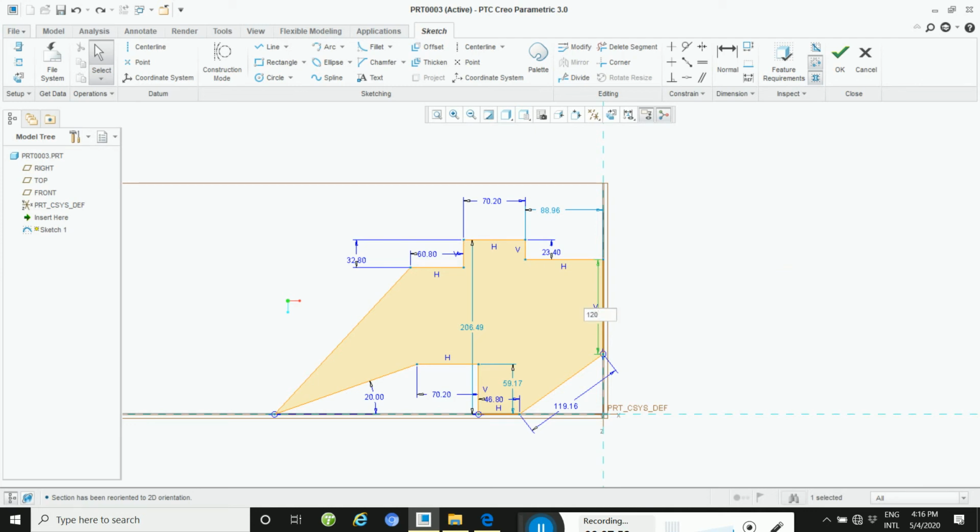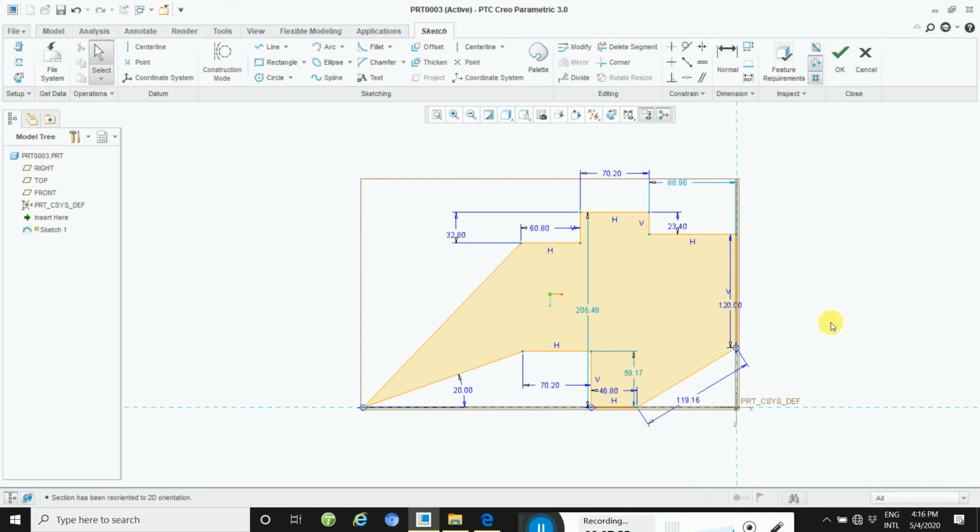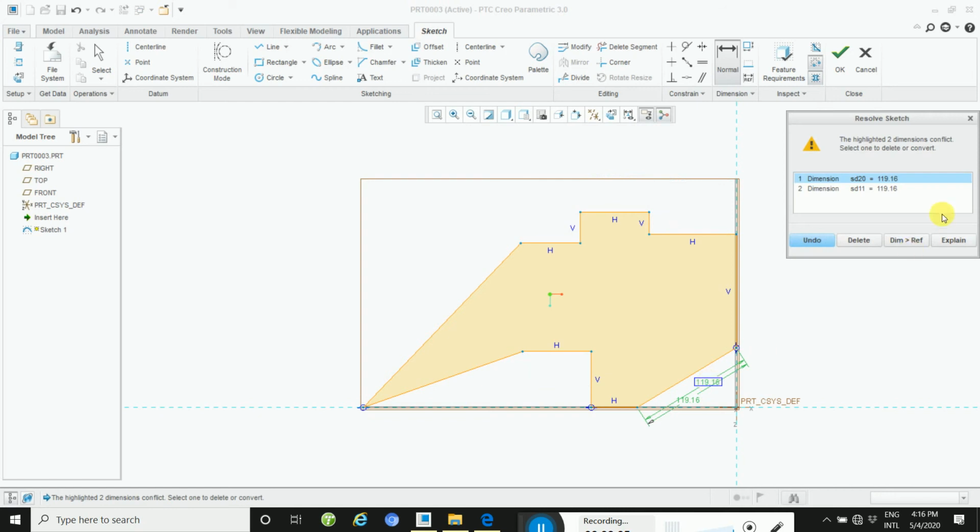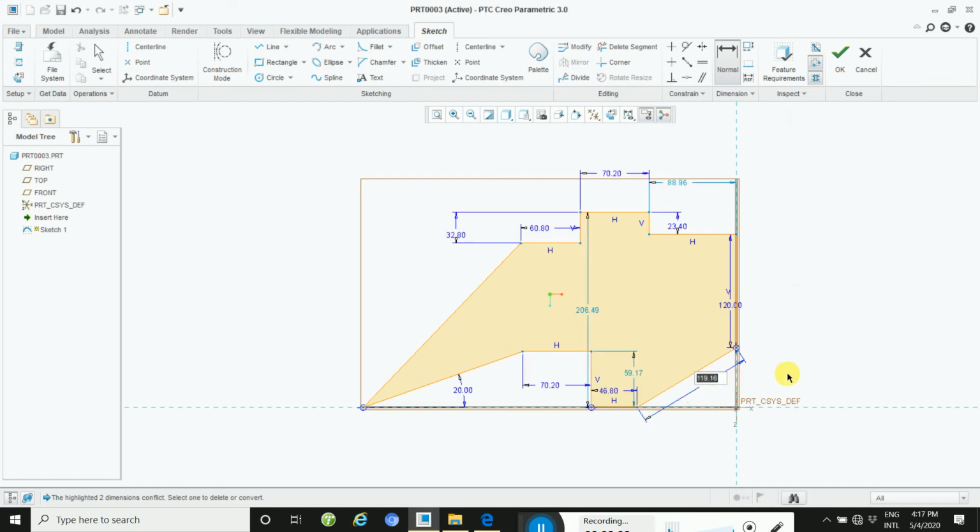Okay, otherwise you will how to keep this dimension here, click here and here, then mouse middle button and then delete second. Okay, and then put this dimension as per your drawing, 46.8.